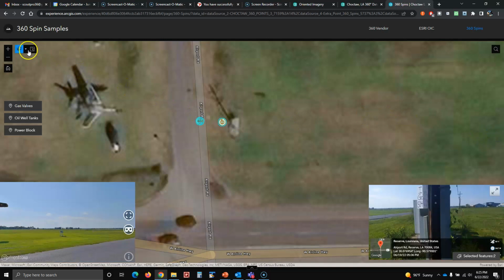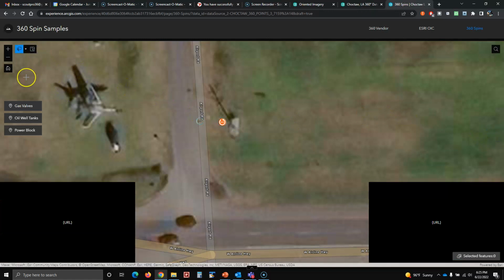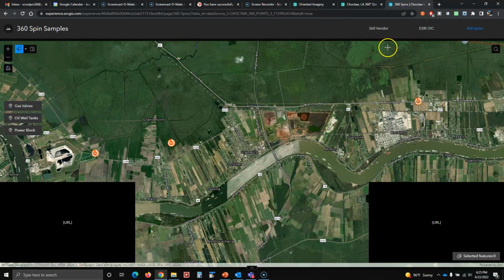And that's it, guys. Go ahead and hit home here. That is the Experience Builder, showcasing hyperlinks here, ESRI-oriented image capture here, and 360-degree spins with embed and hyperlinks. Okay. So that concludes